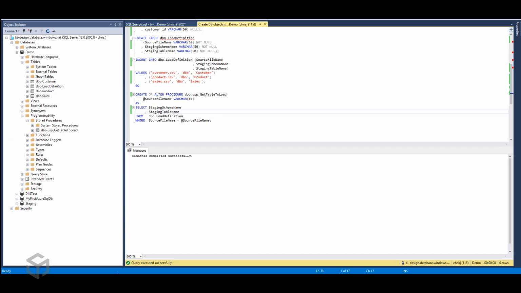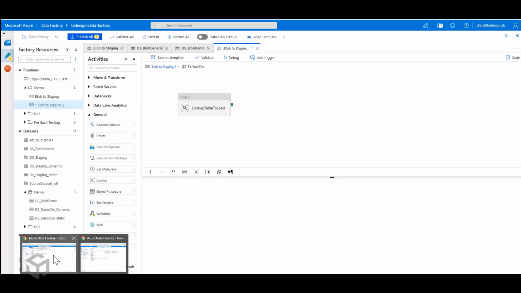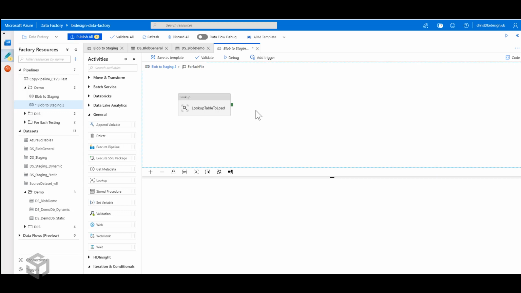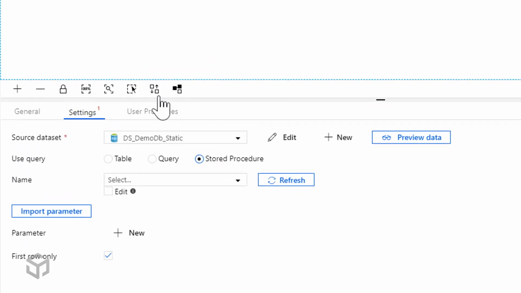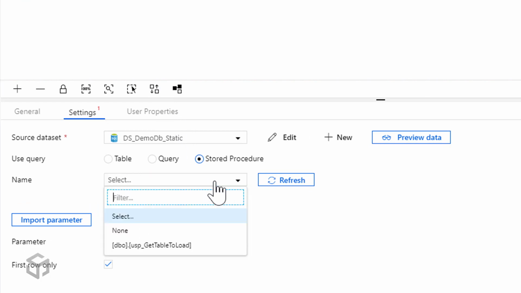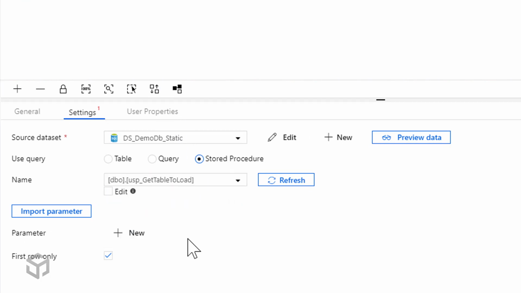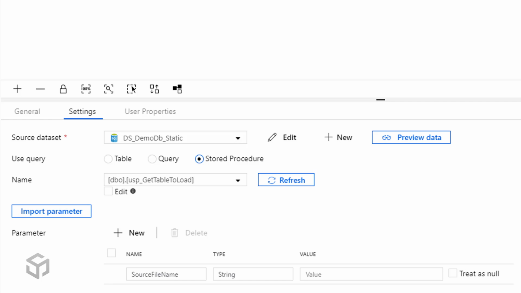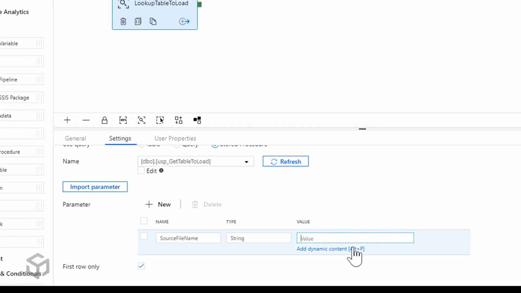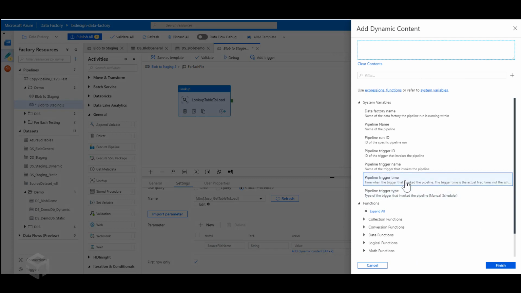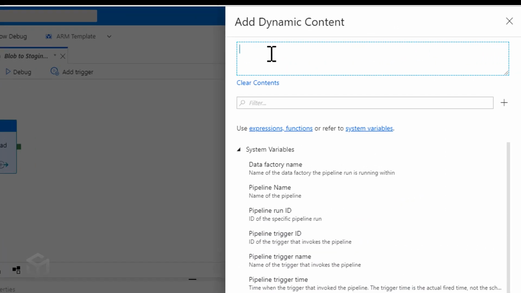So if we jump back to Azure Data Factory here, what we're going to do is finish our call. So we've got stored procedure, so get table to load. If we go and import parameters, we see we want a source file name, and that source file name is going to be basically our item